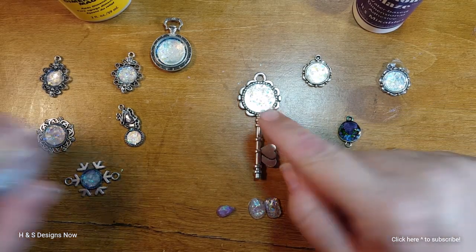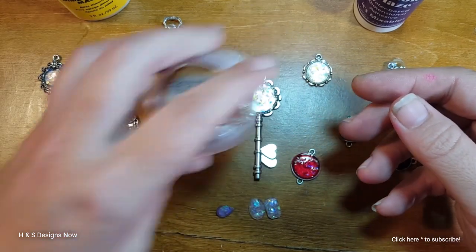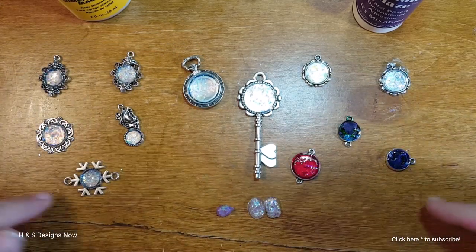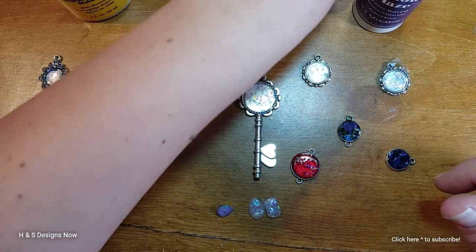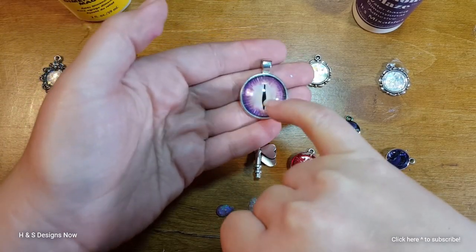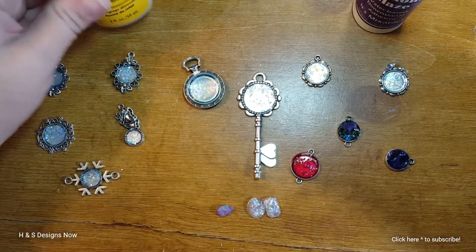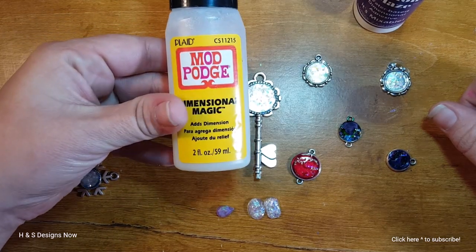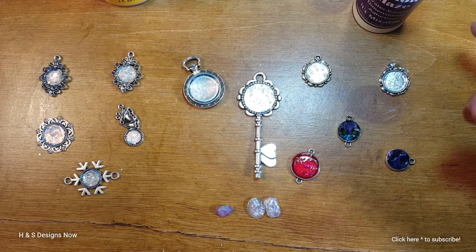And of course, for the faux opal look, I used the Ice Resin opals, which I absolutely love. I just picked out the ones that I wanted to use. And I picked some that were a little bit smaller, if you can tell, because I don't really have these little tiny, smaller cabochons that I would be able to do anything with. So I thought, well, what could I do with these? I thought, man, if I had some UV resin. I was like, I don't have any UV resin, but I've got the Mod Podge, and that's supposed to act the same. So I took the